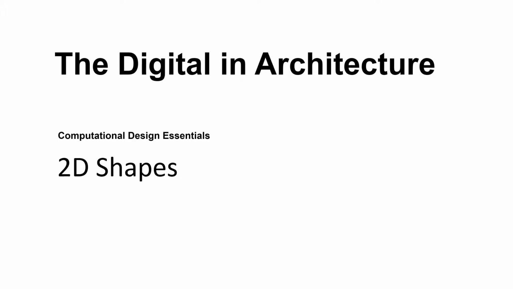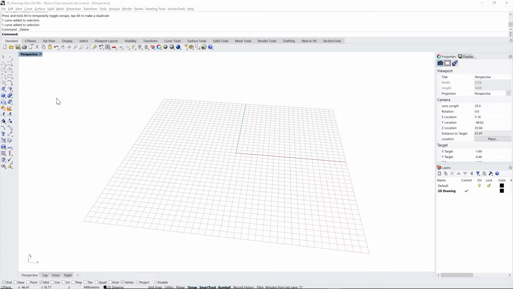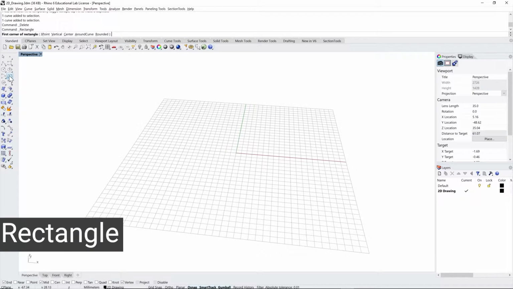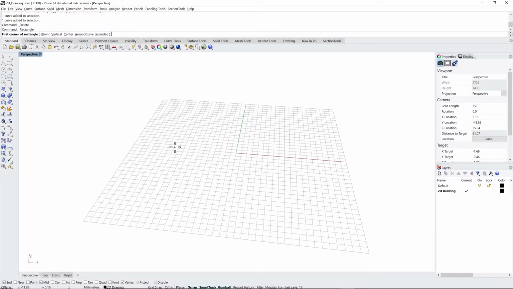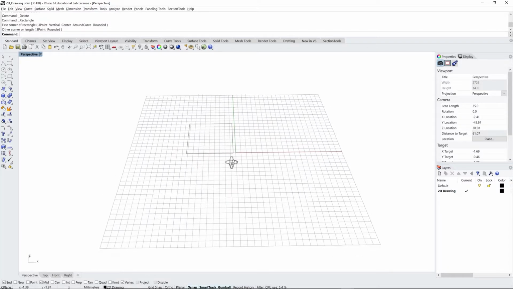Let's go now and explore the different possibilities that Rhino offers us for 2D shape. Rhino offers us different ready-made 2D shapes, like for example rectangle. So let's go and draw a rectangle. This can be made in many different ways, so we can just randomly pick up a point and just drag and create a